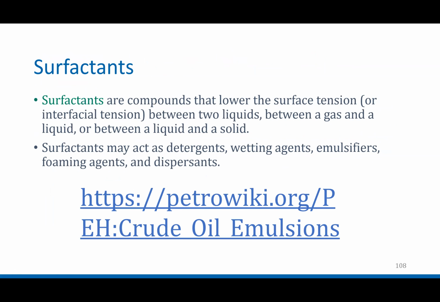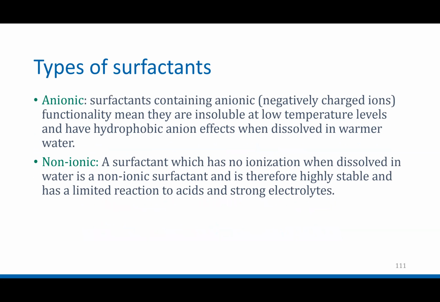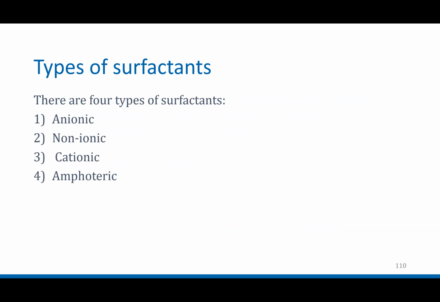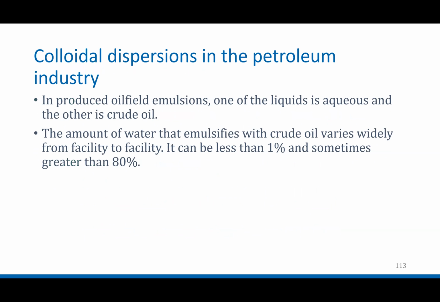Yesterday, we were talking about surfactants. One thing really important to know for your lab this week, lab number 6, and your final exam, is that surfactants are chemicals that lower the surface tension between two liquids. When they lower the surface tension, they allow solutions that shouldn't mix, like oil and water, to actually mix. Then we looked at 4 types of surfactants yesterday, and now today we'll look at what this means